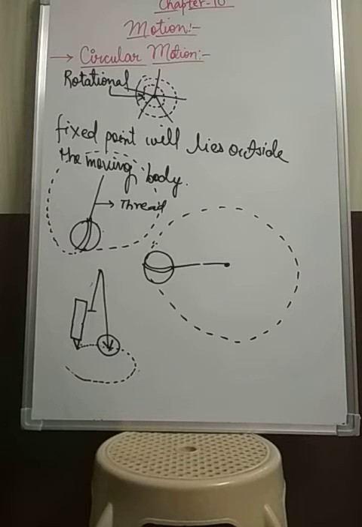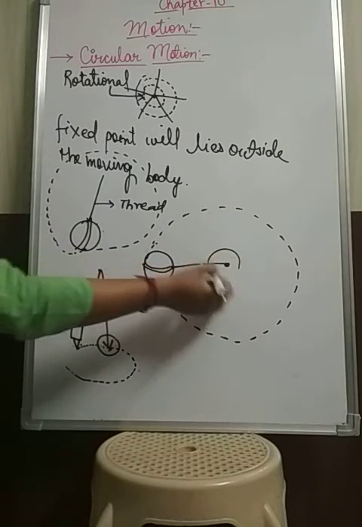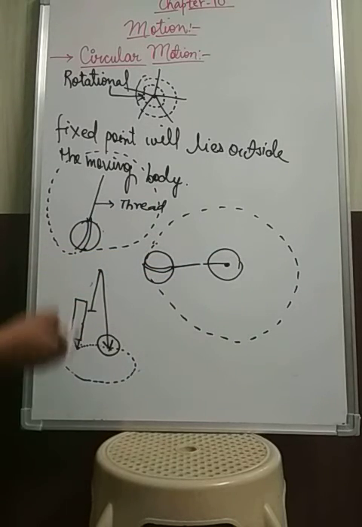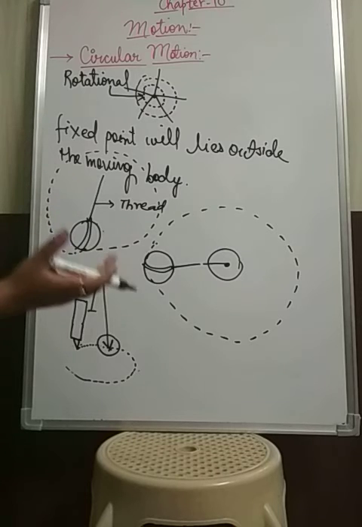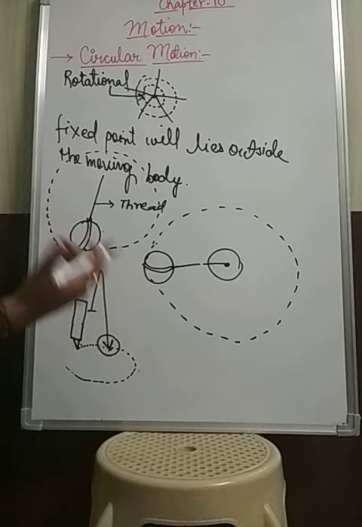Next type of circular motion is the motion of the earth and the other planets around the sun in the solar system, okay, and they are also just rotating around the sun. The sun is another object around which the body is moving. So the motion of the moon around the earth is also an example of circular motion.